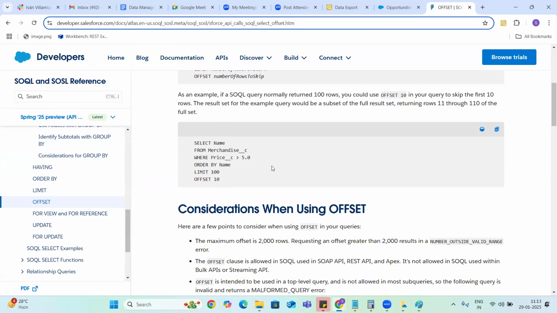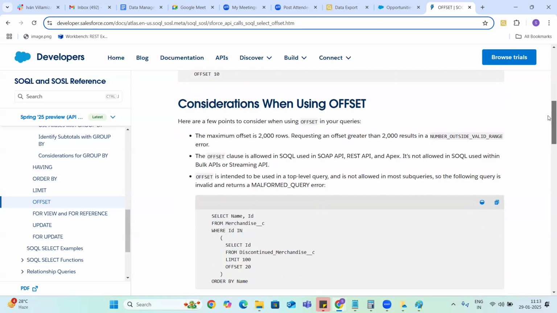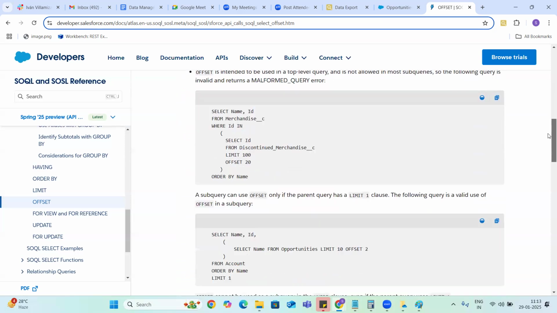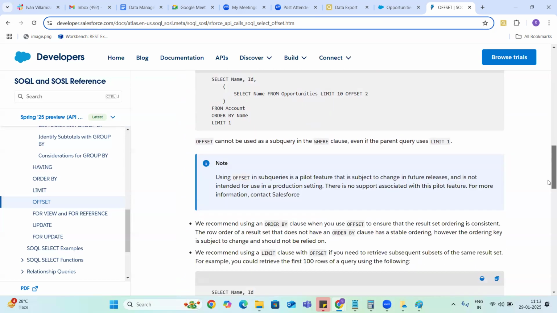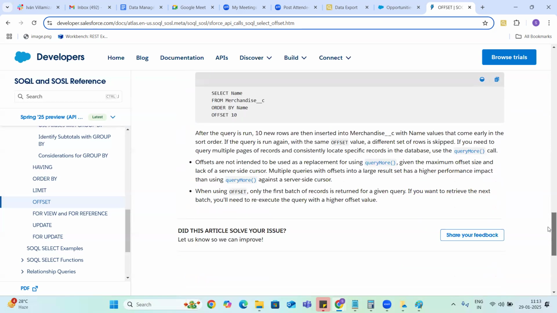You can just ignore a certain number of records after you query the records. That's it, guys. This is a simple offset.